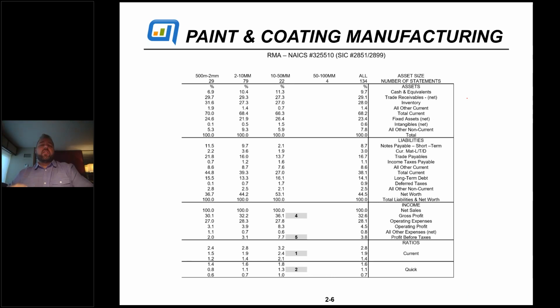If you're familiar with Finagraph and our old dashboard, industry averages with RMA, Risk Management Associates, are built in. So we have data that you can compare, but really what we're doing is comparing the NAICS code, which is North American Industry Classification System. And it's usually, if you don't know where to find it, in our products, we have a search tool. You just type in keywords and we help you determine what the NAICS code is. Or you can just go look at your tax return and see what you've been comparing yourself to all along, right? Because you actually self-report your NAICS code on your tax return.